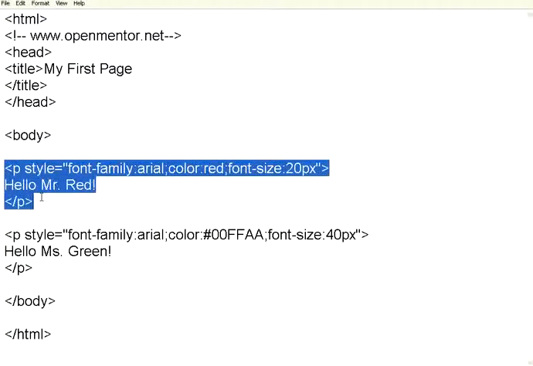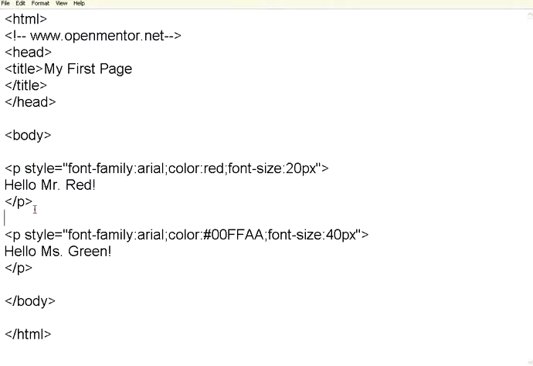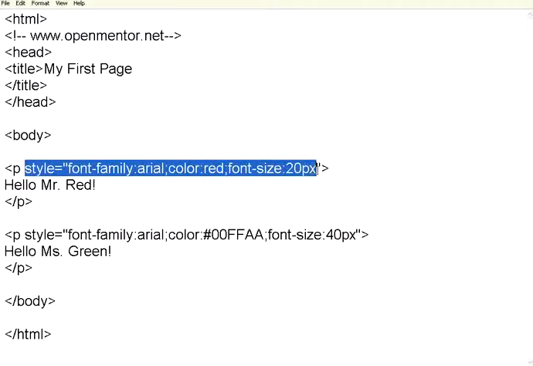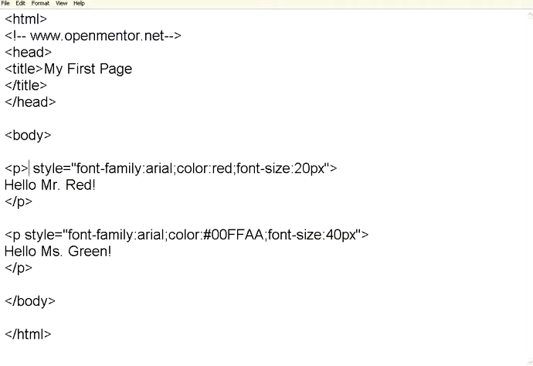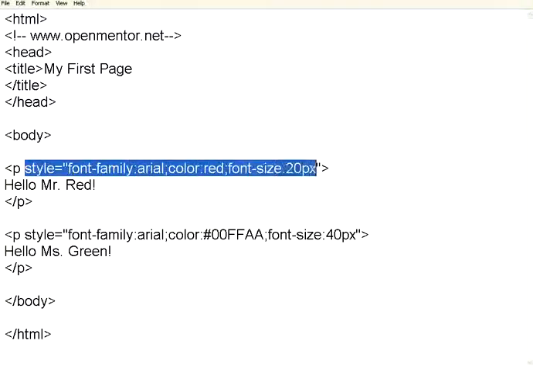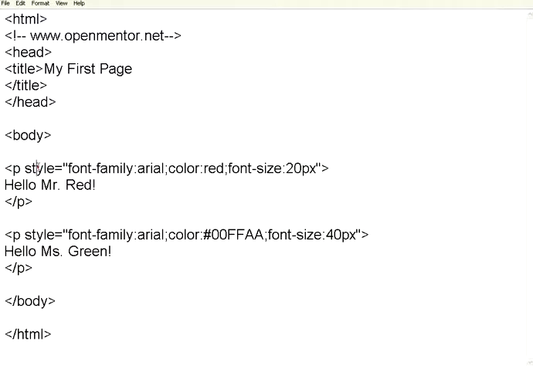If you look here in this syntax, I have defined a paragraph. Then I have given a style within the same tag. I have not given another P and I have not ended it like this. All I have done is add some more stuff within the same tag. So the P is called a tag, the style is called an attribute. Style is an attribute, this is the tag. So tags may have additional attributes. The style attribute is one of the important attributes.